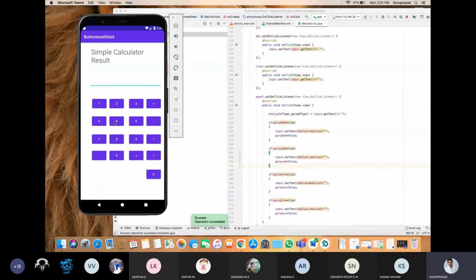Now 54 or 45, plus 65 is equal to 110, divided by 11 is equal to 10, into 90 is equal to 900, minus 650 is equal to